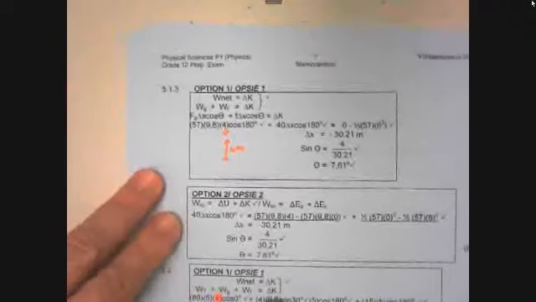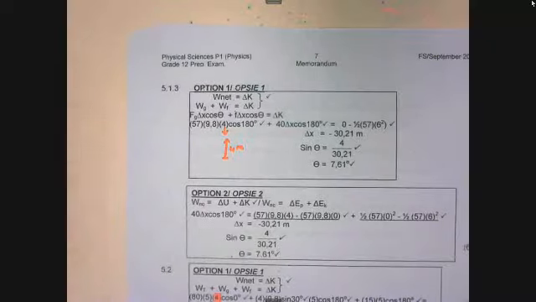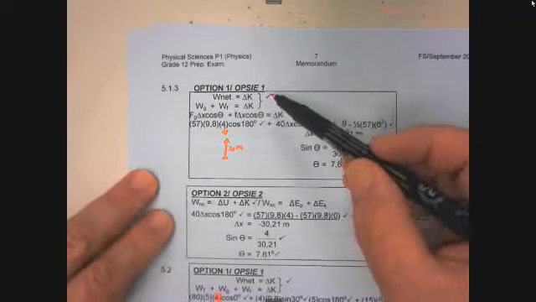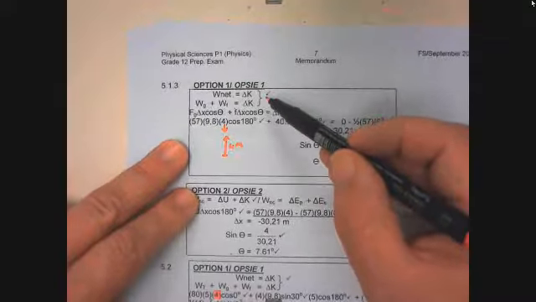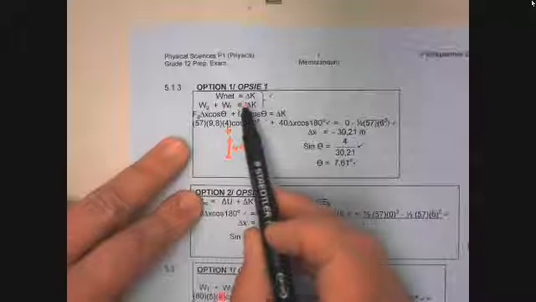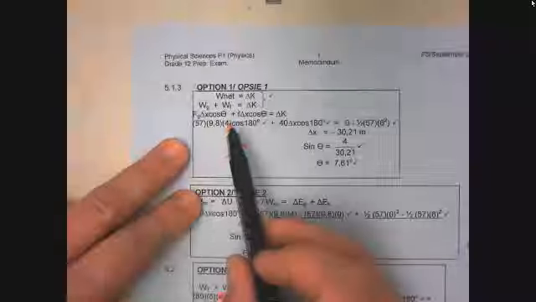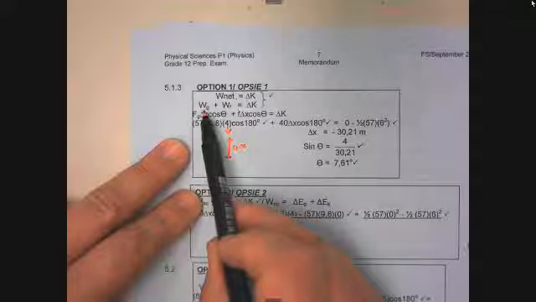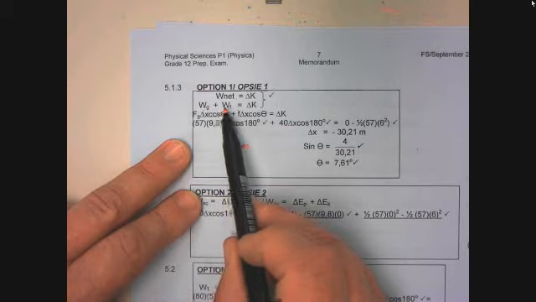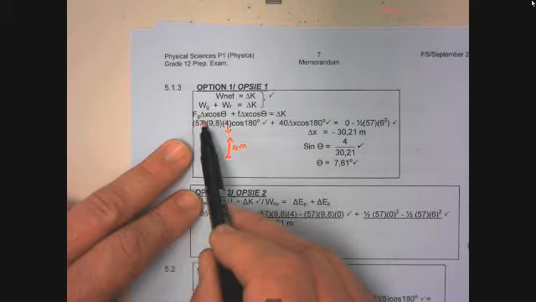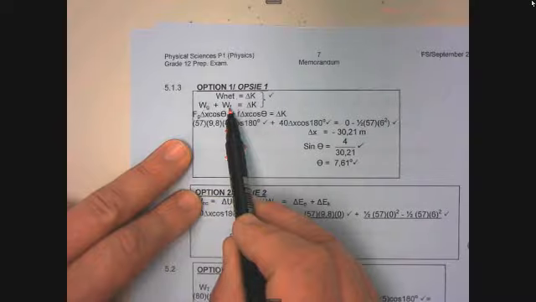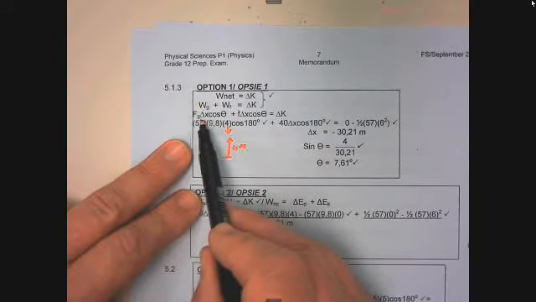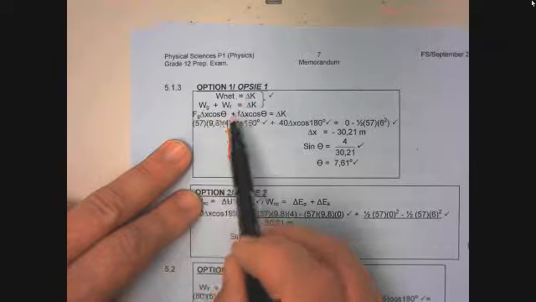There are always two possibilities here, and the first possibility is by making use of the work-energy theorem. W net equals delta K, and then expanding on which forces and which work done make up the W net, you will see the force of gravity and the frictional force cause work to be done. So you must take both into account.